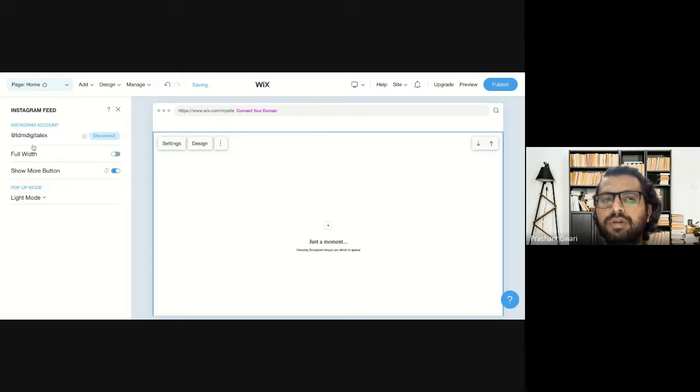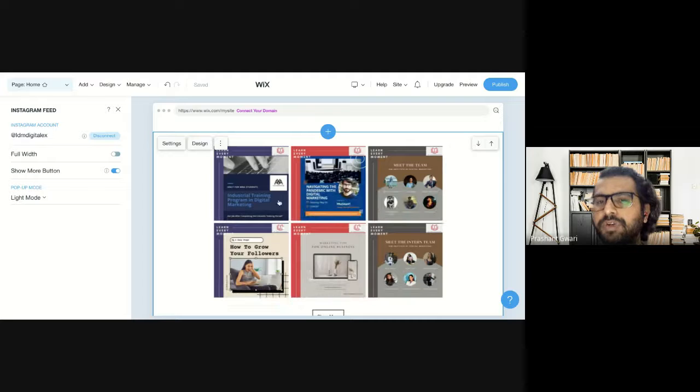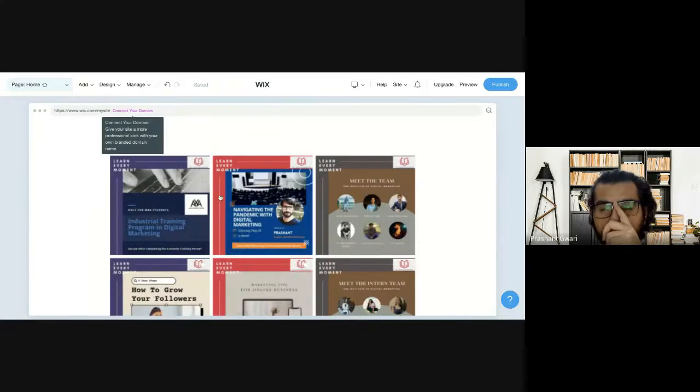So I connected my institute's Instagram account to this website, and you will see all the pictures here from my company's Instagram account, the real-time photos. If I want to stretch these images on the full screen from this corner to this corner, I will click here on this button. If I want to showcase them in the center part, I will not do that. So it's also a function here. Now this section is done.